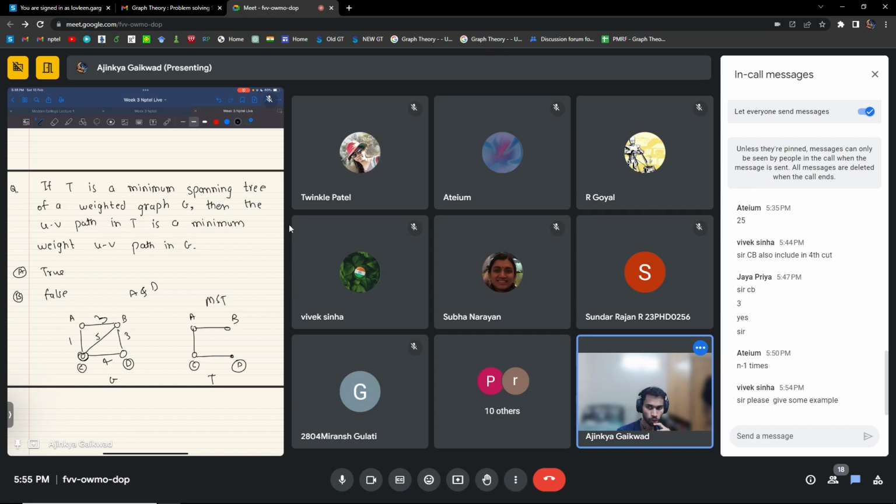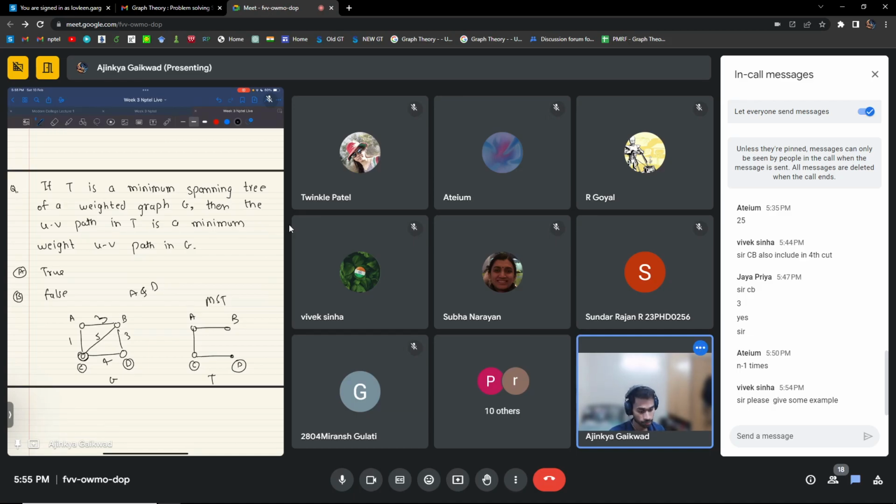So I'm assuming you know the distance between A and D. Yeah, from A to D its value is 5. Yes, so he is right. He said the shortest path from A to D in the graph G